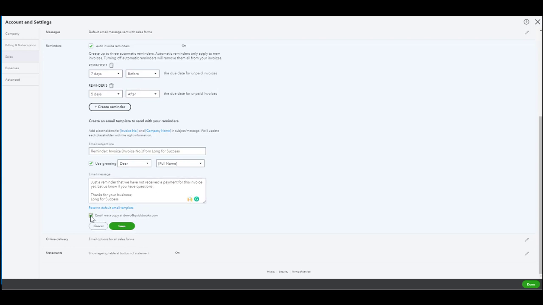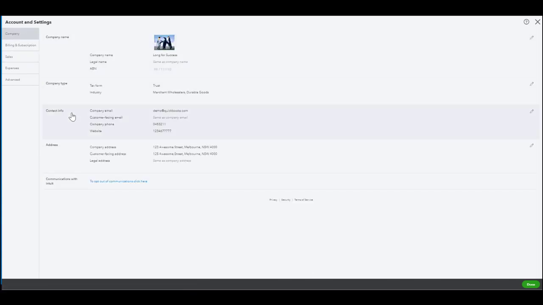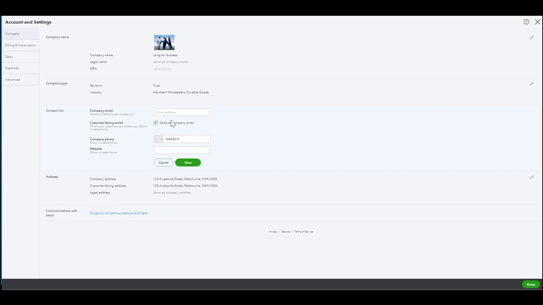Now, what's really important is there's a little checkbox for email me a copy at this email address here. Now, that actually comes from your company settings. So if you go to your contact information, it will be in your company email address, which we've selected here. So if I actually update this, and I'll just say like invoice reminders